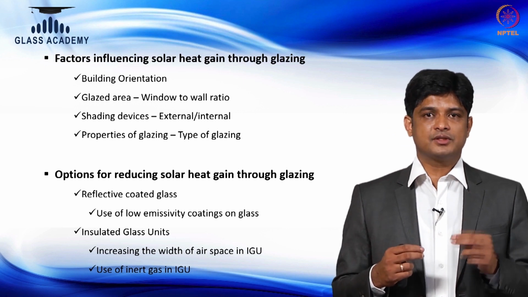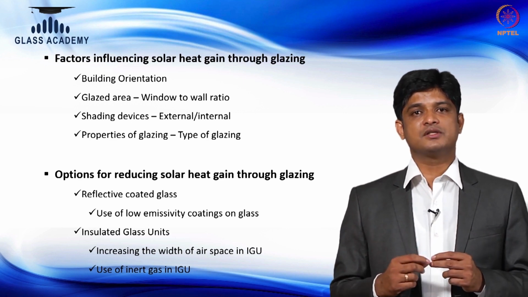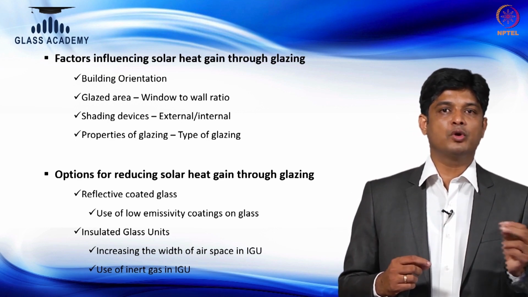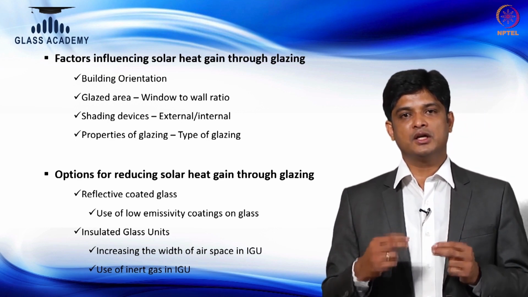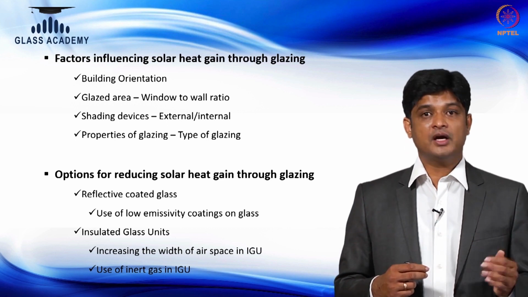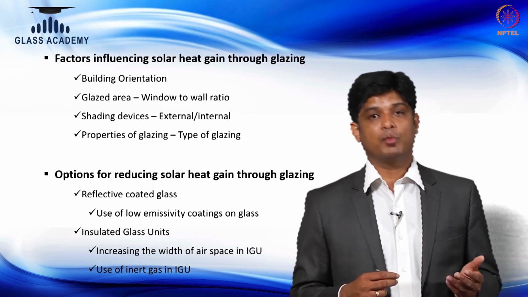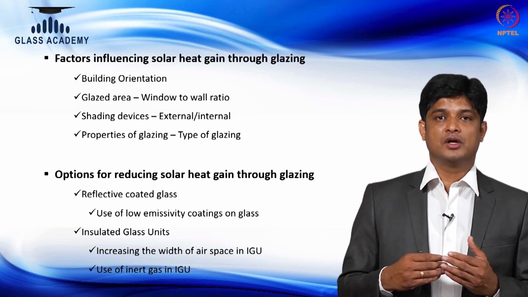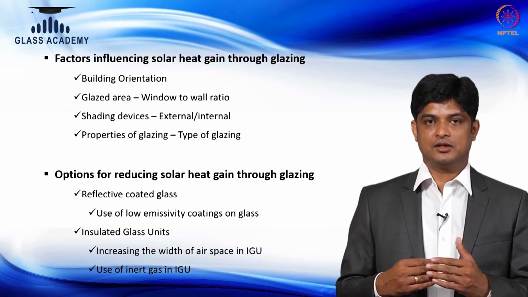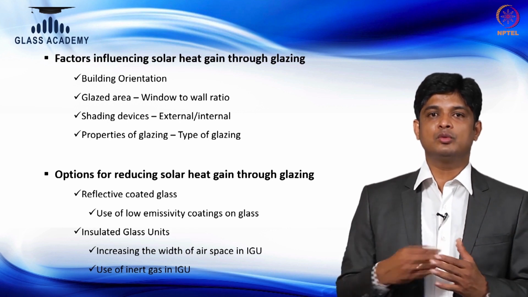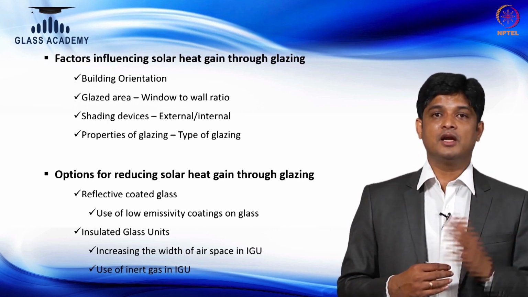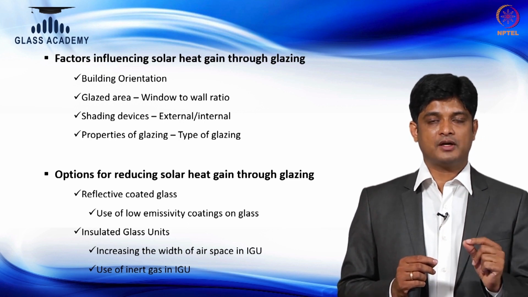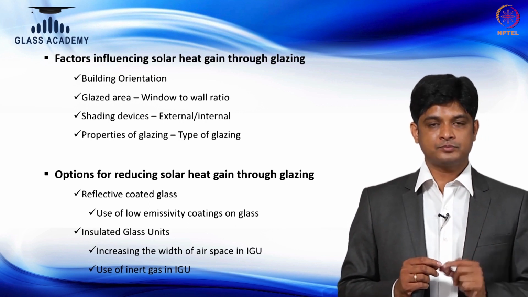So the challenge is, which direction do I have, and what is the window wall ratio. Based on the window wall ratio, what is the kind of product we are going to use so that the amount of heat coming in is going to be reduced. Is there a possibility to have a shading device, a permanent shading device, which can reduce the amount of direct heat and light to an extent which is going to enter into your building? Or finally, the property of the glass, as I said: what is the light transmission, what is the solar factor, and what is the U value of the glass.